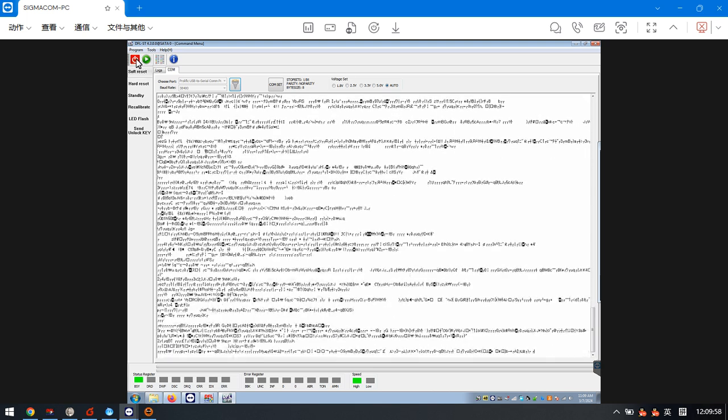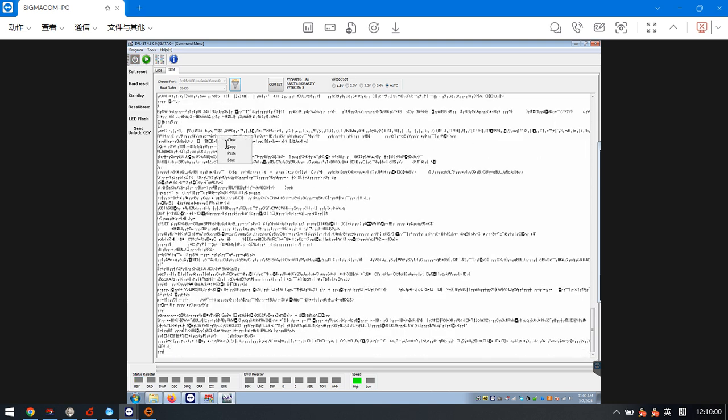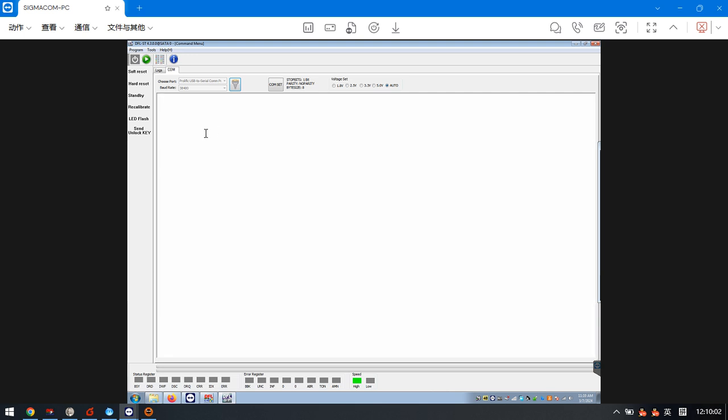So we need to power off, and we can try to clear this, because this just affects my mind to continue the repair process. So at this time we can try to remove the firmware lock and